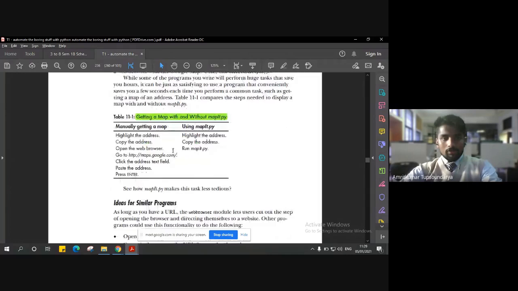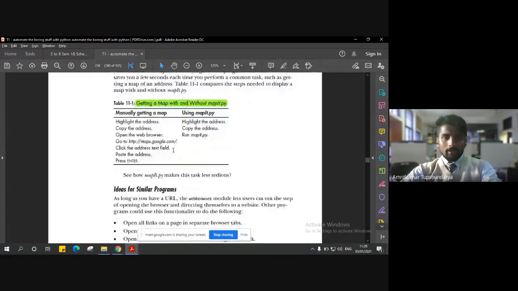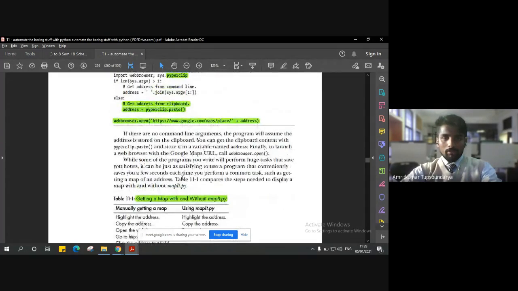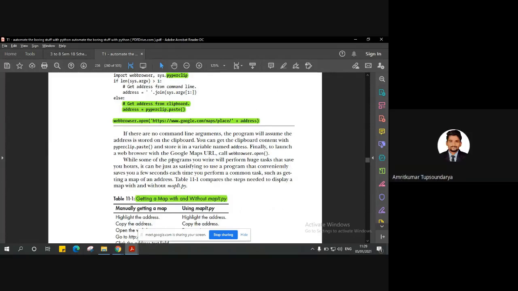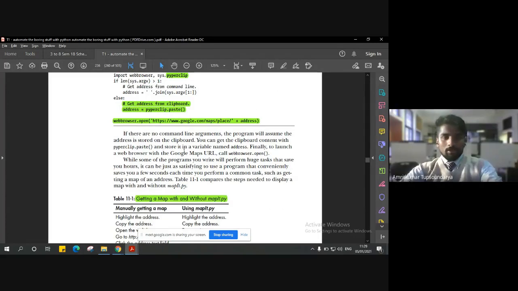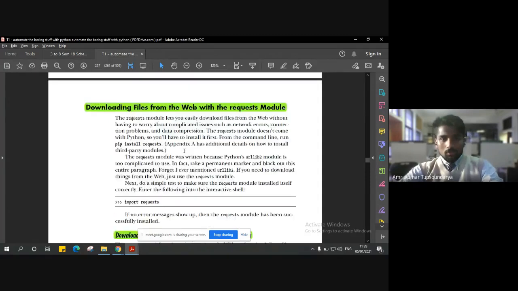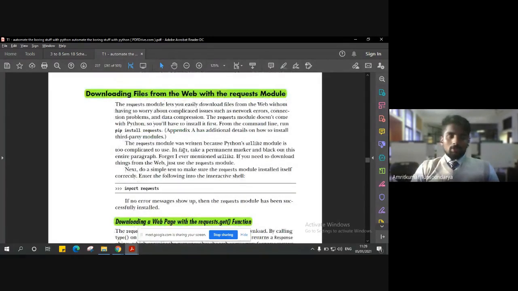So this was all about the web browser module and the other inbuilt modules that we can make use of to automate a few tasks which usually take a lot of time at a bigger scale, right? Another interesting concept to understand is how we can download files from the web with the inbuilt modules that we have.